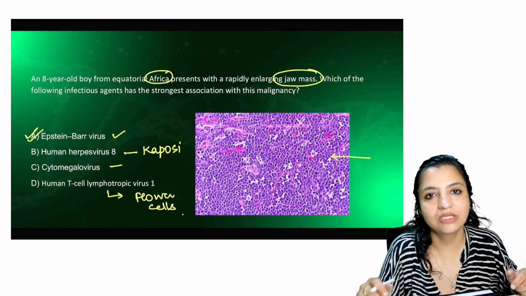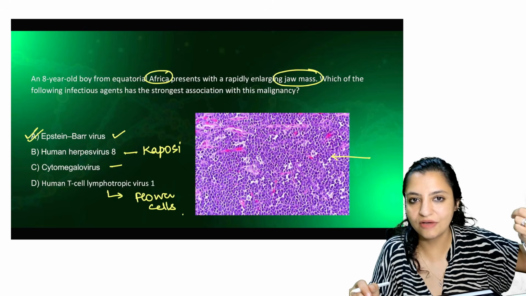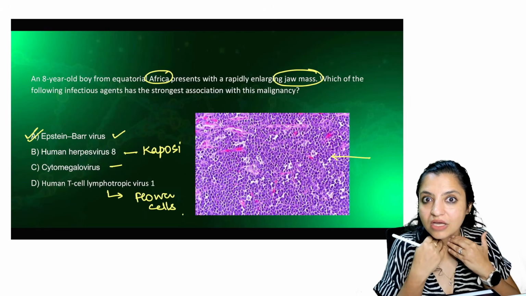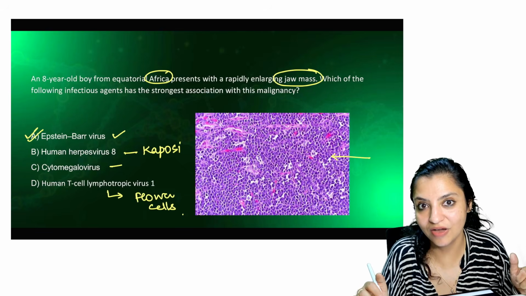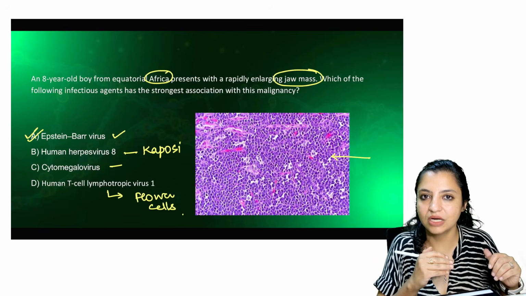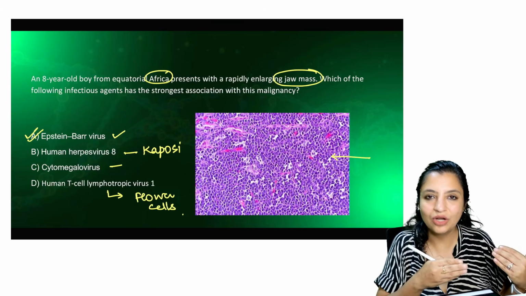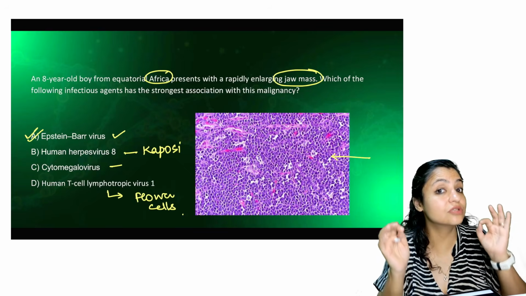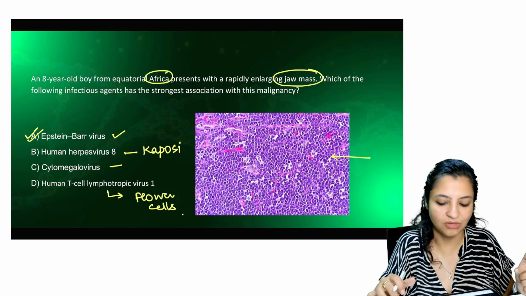Okay, coming to this, it is so classical. If you remember the story, I've told you this. In Africa, there was a person called Dennis Burkitt who went to Africa and found that all the children there were having jaw masses. He was the one who found that there is Epstein-Barr virus in all of them, which enters through the tonsils and causes the jaw masses. So that's typical Epstein-Barr virus, and the typical image was the starry sky appearance. This is Burkitt lymphoma. Why not HHV8? That will cause Kaposi sarcoma, which will have spindle-shaped cells. Why not CMV? You just saw it. And HTLV1? HTLV1 has the tax gene and it produces flower cells, adult T cell lymphoma. Nothing fits into this. This is very classical of Burkitt's and Epstein-Barr virus.